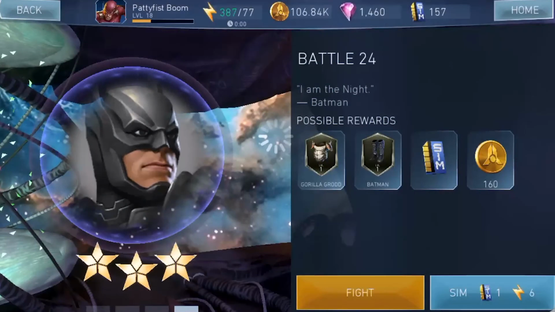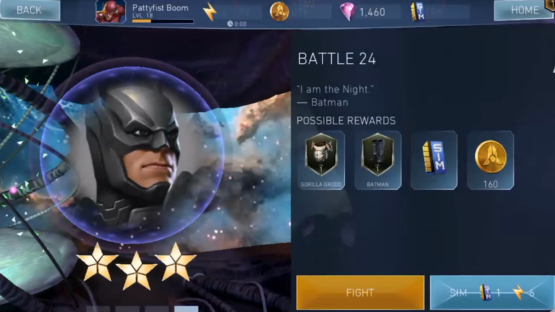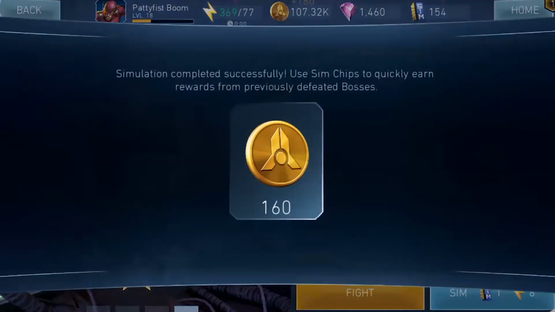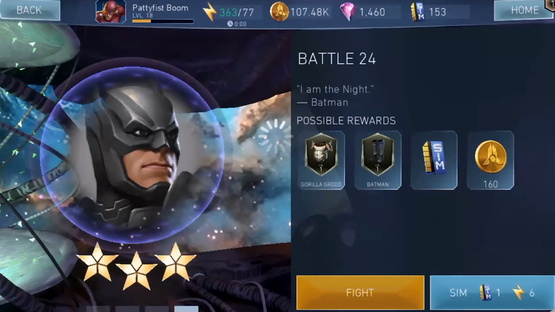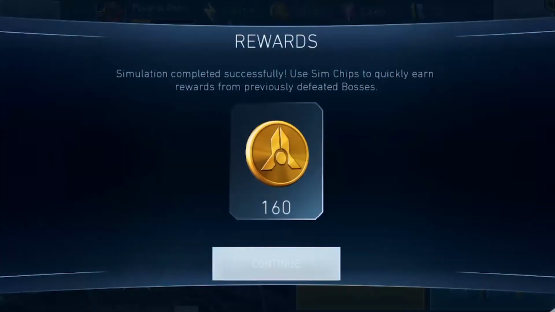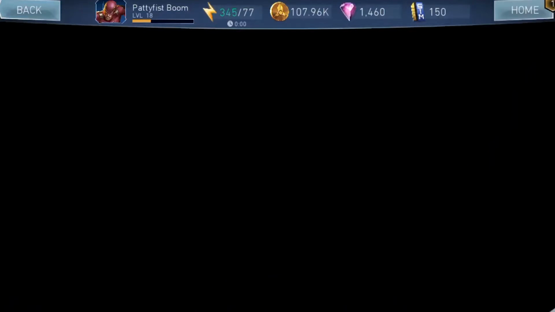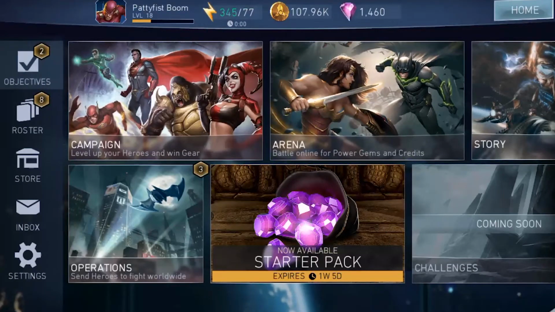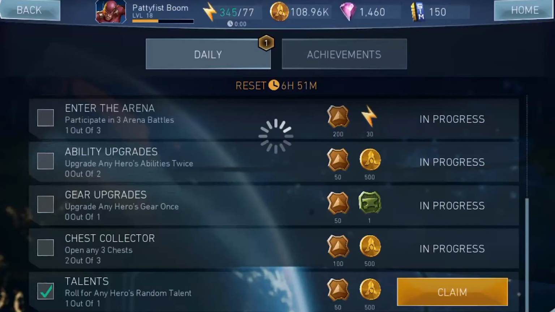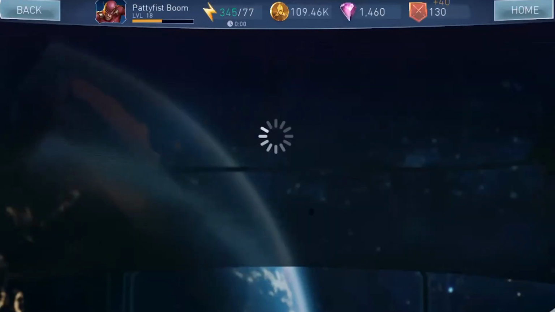So let's see if we could get a gear here. So we're only getting credits. Let's see if we could get a gear. There's a daily objective. Okay, so we're not gonna get any gear from this. Let's try 3 more and let's see if we could get a gear from it. Well, yeah, sim card. It's pretty useful because it's basically free win, I guess we call that. Let's go ahead and collect our achievement, daily missions,